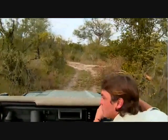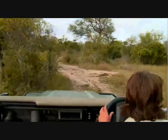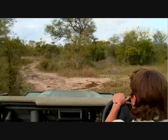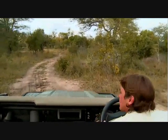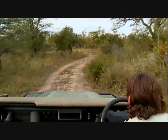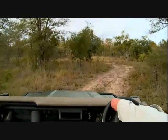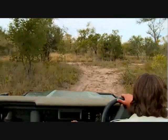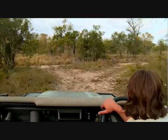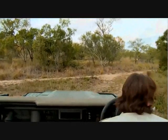So, we've just been heading through this drainage line, looking for any sign of leopards. We managed to spot a brown-hooded kingfisher that was sitting in a thicket, and it disappeared. Hopefully we'll be able to get a better view of one of those kingfishers somewhere else on drive. But we will keep looking for everything, not only the big and scaries, but also the